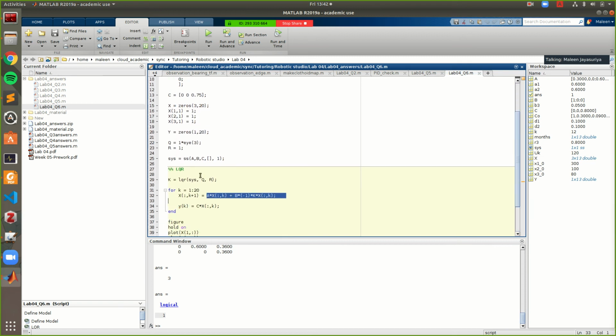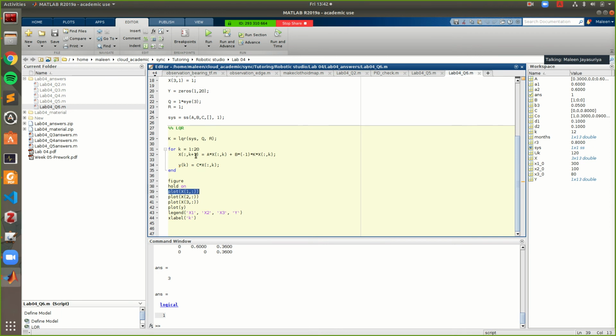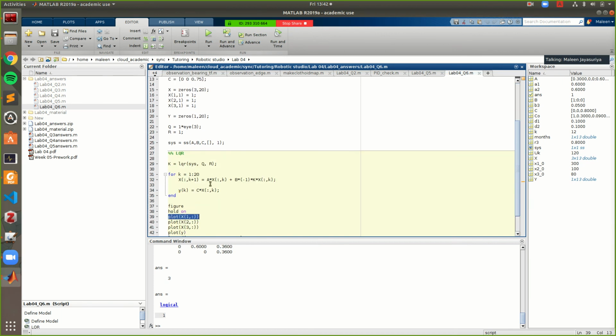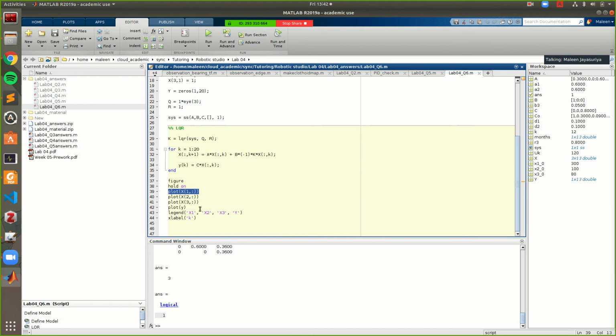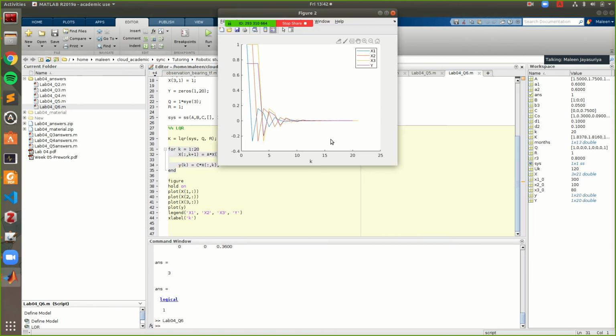So this was the open loop system, this is a closed loop system, and then I'm going to plot out the outputs and see how it functions, right? If you want, you can first plot the open loop system as well and see how it performs, and then look at how it performs when you plot the closed loop system, right? So what I'm plotting now is going to be the closed loop system. If you want, you could plot the open loop system as well, which should not be A minus BK, it will just be A times x(k), right? So if I run this, you can see that these are all the states in the system. Your output is the purple one, right?